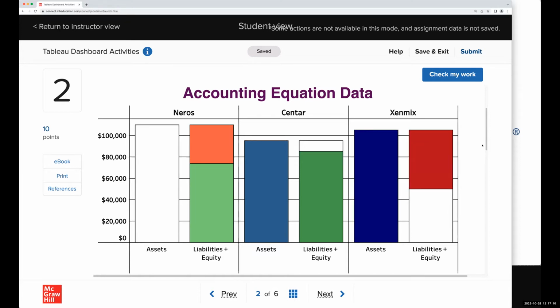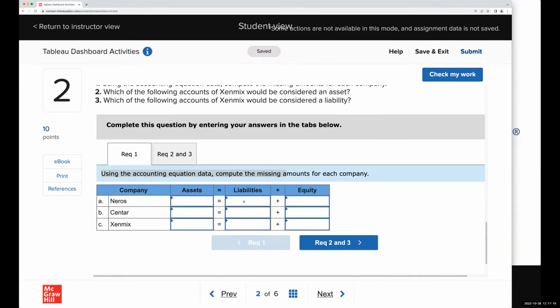So let's go down here and let's solve this question. From the dashboard, we found that liabilities were 36,000, equity was 74,000. And if students were hopefully listening to my class, right? If they were watching the videos, hopefully reading the book, they'll know they need to take liabilities, add it to equity to get total assets. So if they add those 2 numbers together, that would give them 110,000.